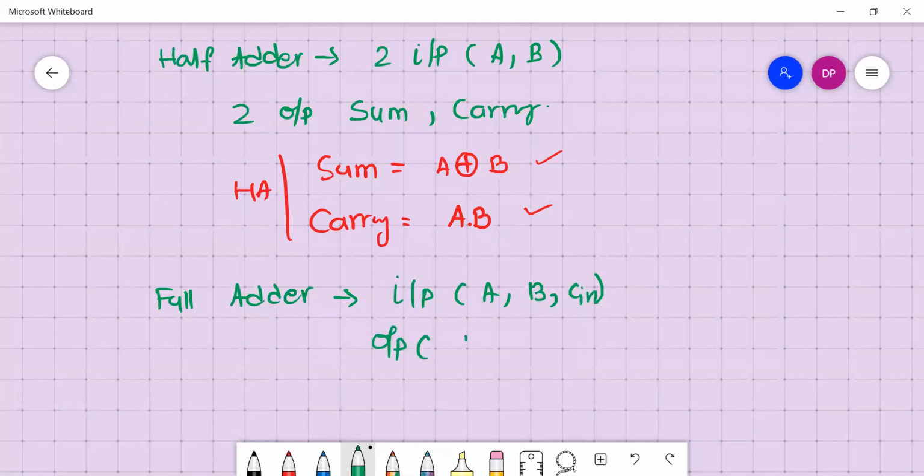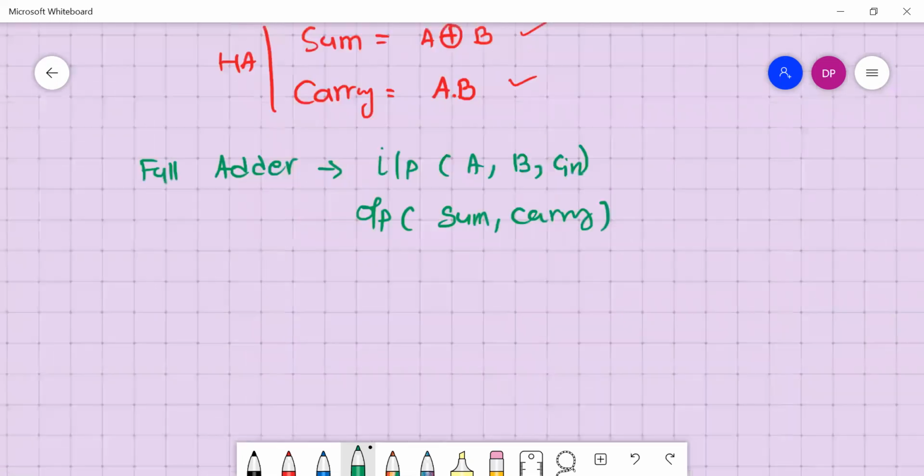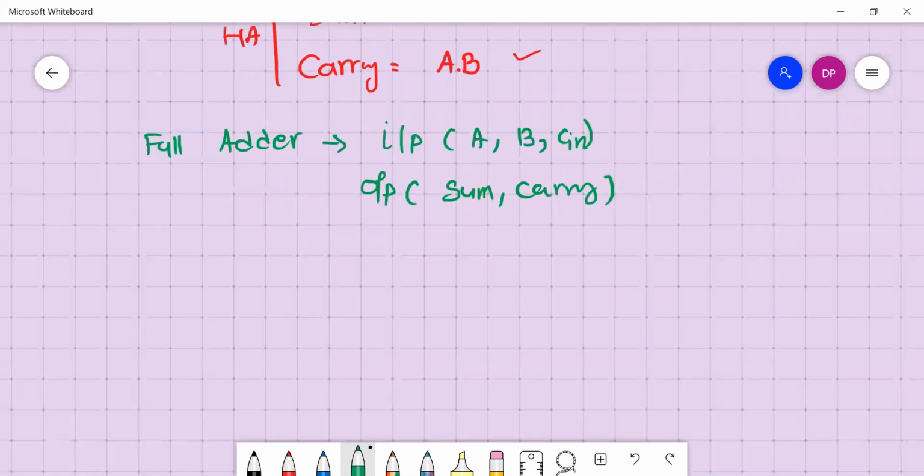So output what you have? Sum and carry, right? Output we have sum and carry. So for full adder, sum can be written as A XOR B XOR C.